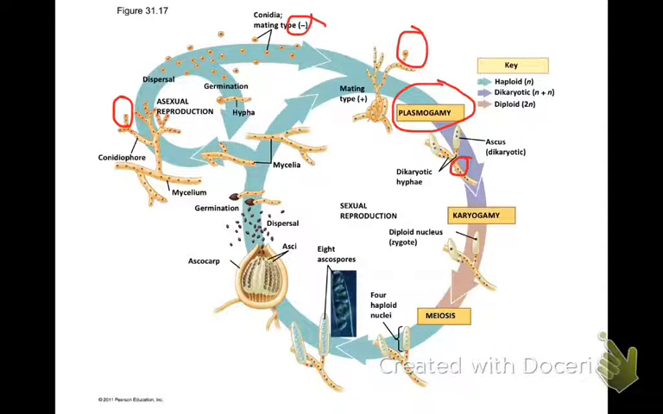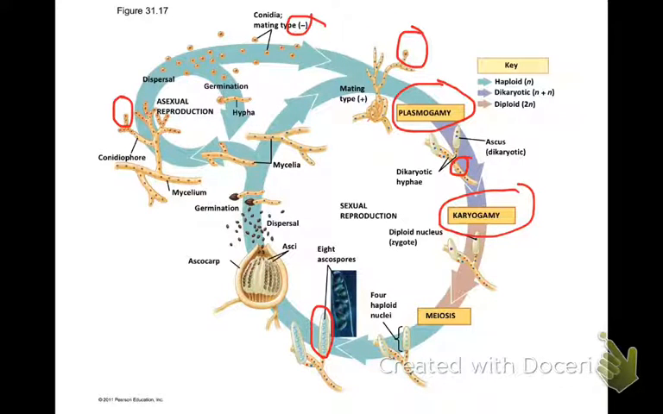Then in the ascus, the specialized tip structure that will contain the spores, the nuclei will fuse in that process of karyogamy, making a diploid nucleus. That will undergo meiosis to form 4 haploid nuclei. Those nuclei then divide once more so that you have 8